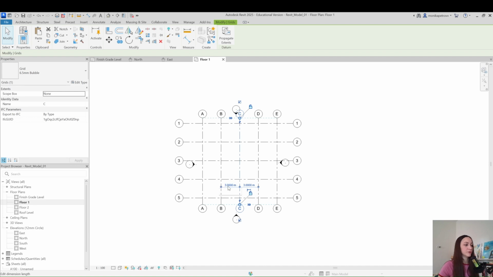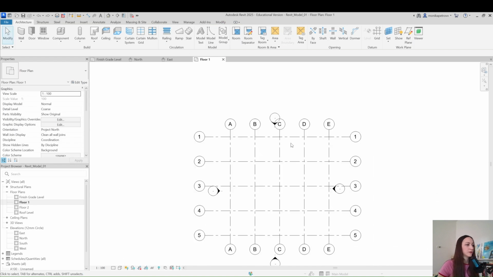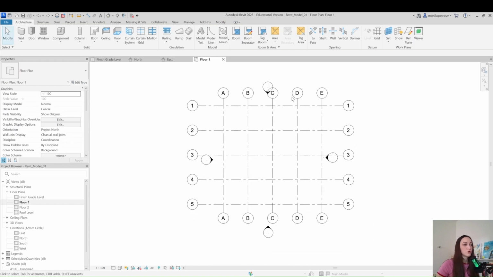Here you can see there are 3 meters between the grid lines. If I say 5, for example, the grid line changes its location. Again, you see you have this elbow here, so you can add an elbow if you like. As I already showed you, you can change the letters, you can name your grid lines whatever you like, and yeah, that's everything I wanted to show you about grid lines,